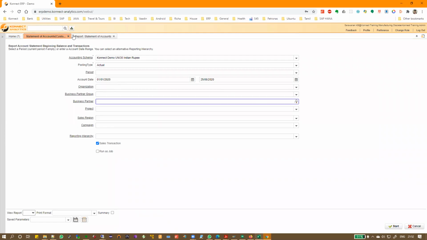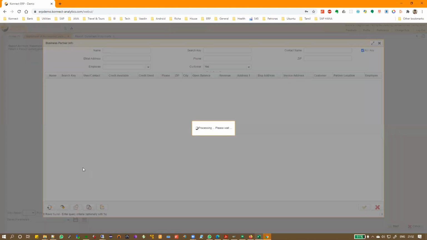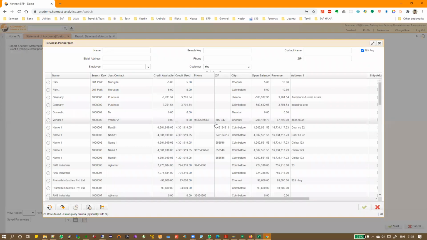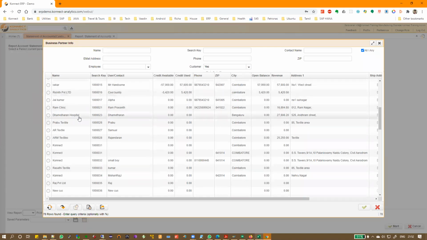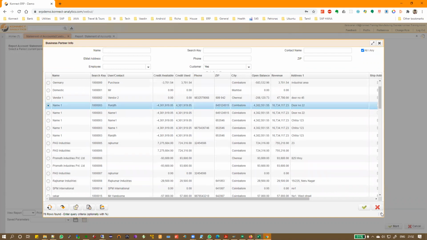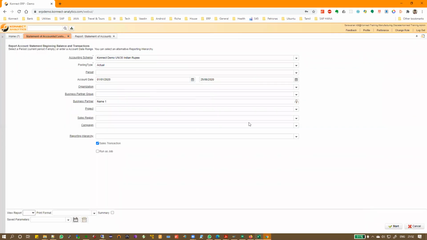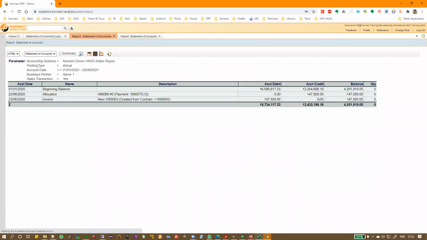So let's say we take name one, the one that we're looking at. Okay. So I take that name one customer. So for that customer, this is my ledger. So what is the balance? So balance is a debit.